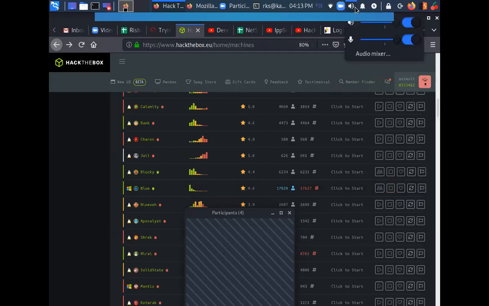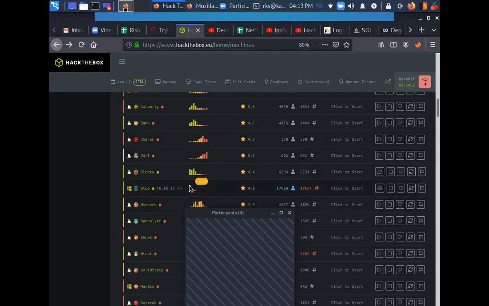Guys, can you hear me? Yes. Okay, good. So once you're done with the machine, you need to click on stop, because at a given point of time, you can only have a single machine deployed to your lab environment. Once you're done with Blue, just try to go through all the steps that I have done in the class.